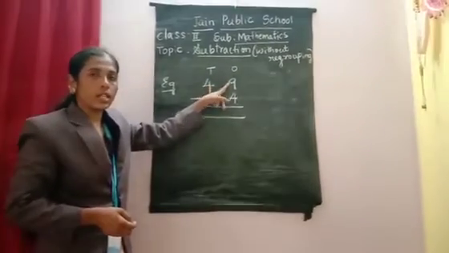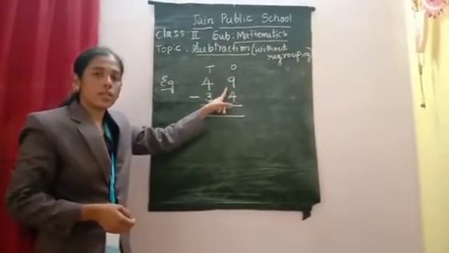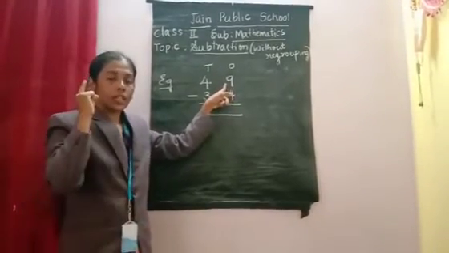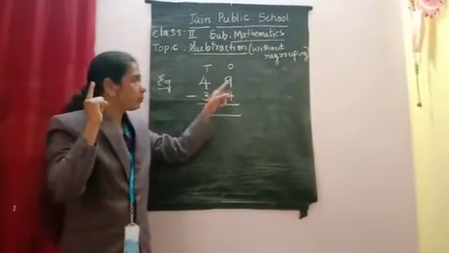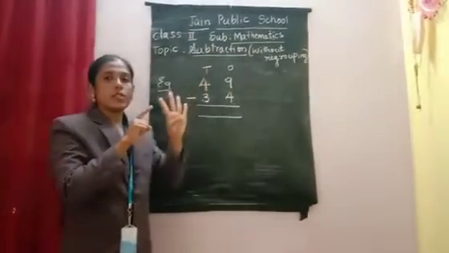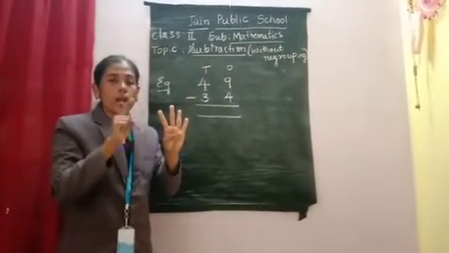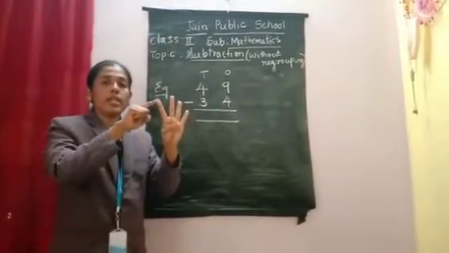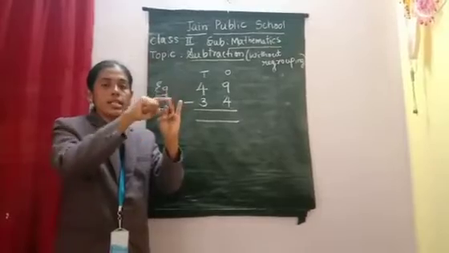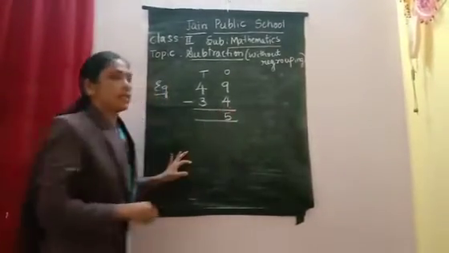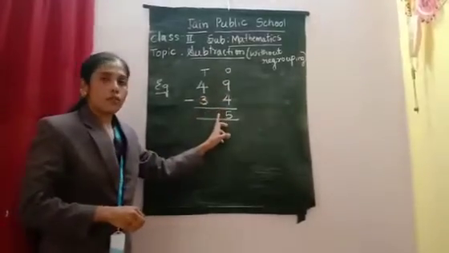One is 9, another one is 4. One is the bigger number, one is the smaller number. Always keep the bigger number in mind. So 9 in mind, 4 on the finger. Whenever you are doing subtraction, we have to count the before number, or backward, of 9. So 9's before numbers are 8, 7, 6, 5. What is the answer? 5 is the answer. You got the ones place answer.